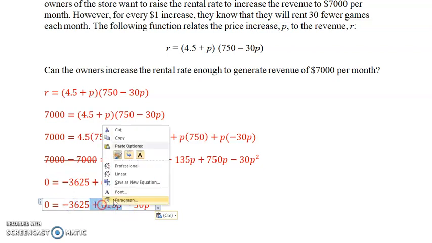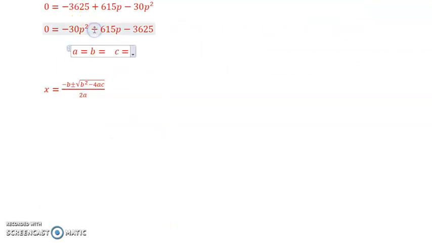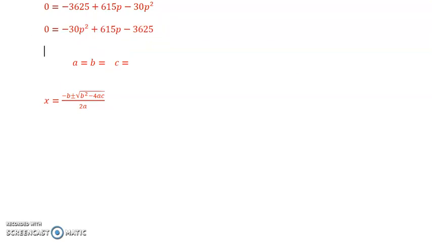So that would mean I would take this and cut it there, just so you won't mix up the A, B, and C, right? Take the sign to the immediate left with it. So these numbers are really large. What I noticed is that they all end in a 5. So I'm going to simplify this, because we're equal to 0, what we can do is factor out a negative 5. Okay, so if we factor a negative 5 from the whole thing, we're going to end up with 6p